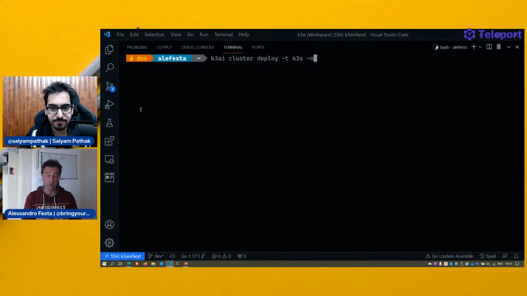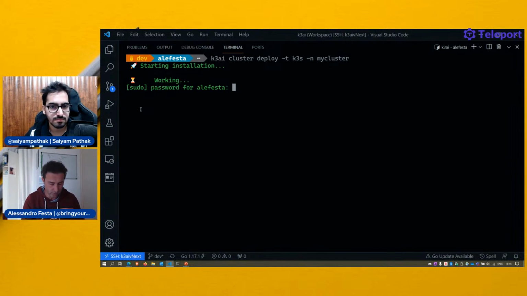Give a name to the cluster. Now, this is a logical name. It's just a way for you to identify the cluster, because maybe you can have tens, even hundreds of clusters deployed. You need to identify them. Keep in mind that in some cases, K3s as an example, we are not necessarily able to deploy the cluster with the same name, because maybe they don't support it. For example, K3d supports the name of a cluster. K3s doesn't support the name of a cluster. There's a long issue on their repo on that. But let me say this will be my cluster for today.